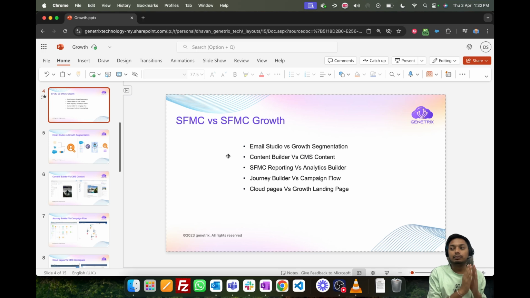side by side, so helping you reimagine the things that you are already doing in Marketing Cloud, how you will do it in Growth if you're switching from Marketing Cloud Engagement to Growth, or you are learning Marketing Cloud Growth basically. So my first comparison is